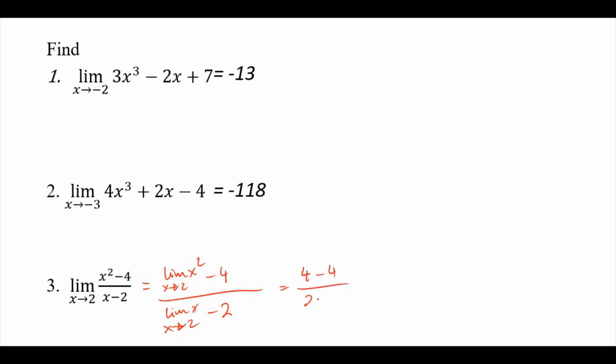minus 4 over 2 minus 2. So you'll have 0 over 0. Oops, but that is a problem. So how can we solve this type of problems? I will show you exactly the steps that you're going to follow in order to solve this type of problem